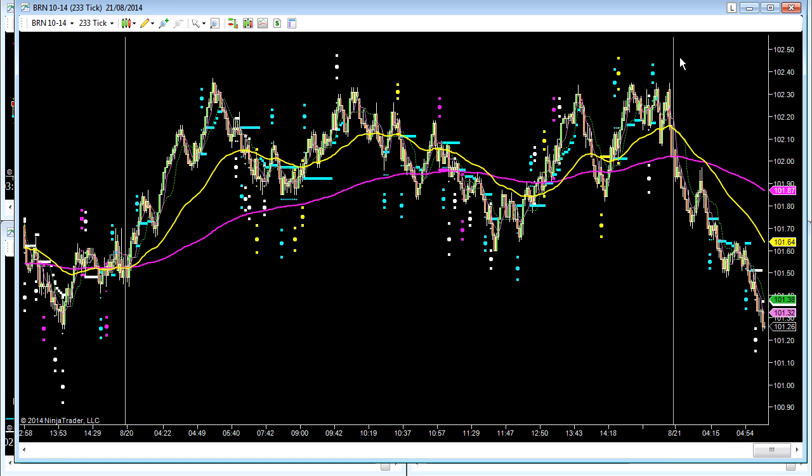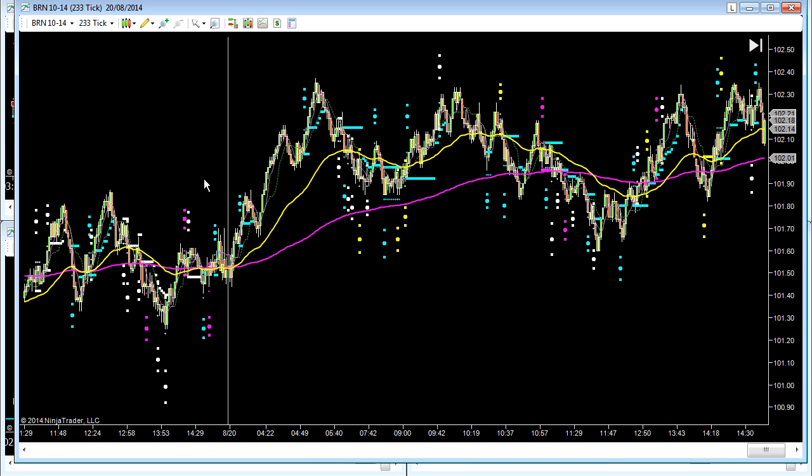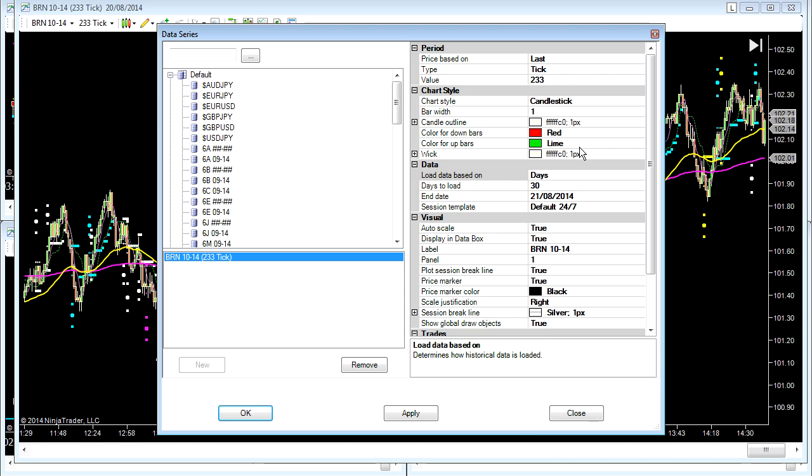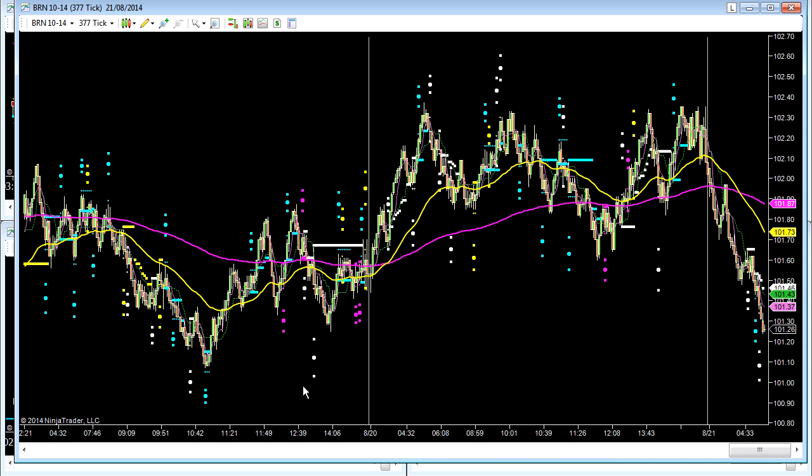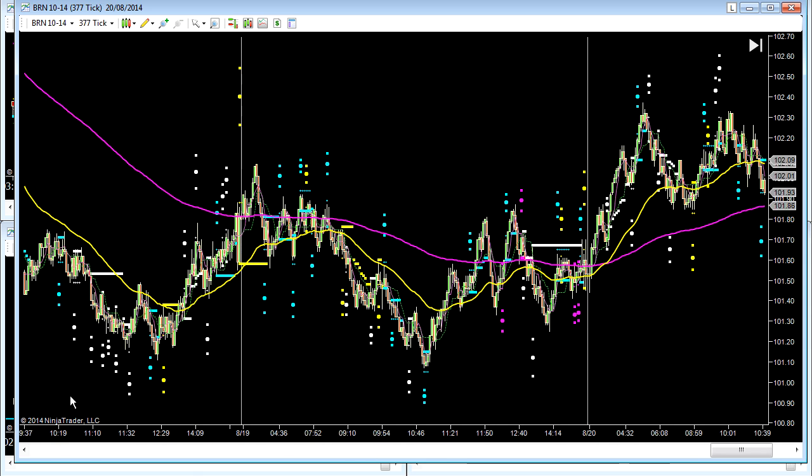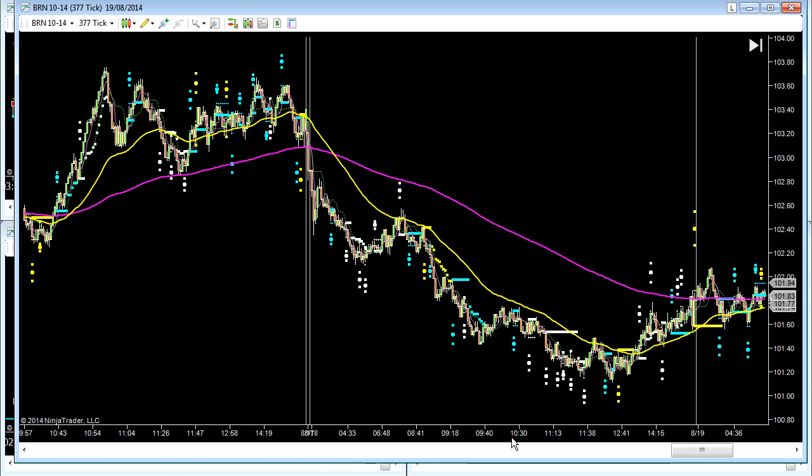So you can see the session break lines here. It makes it really easy to see those. Now if I were to change this, I think the full crude contract is 377. If I were to change that to a 377 tick chart, you can see that there's far fewer